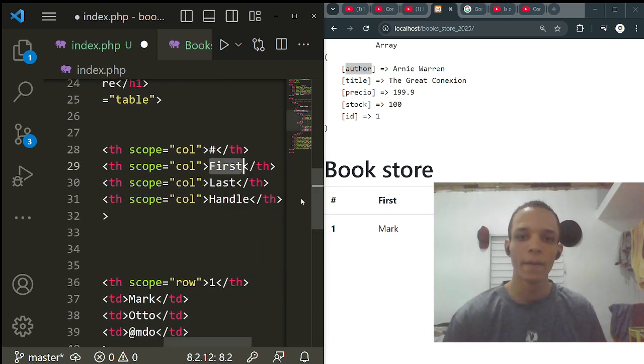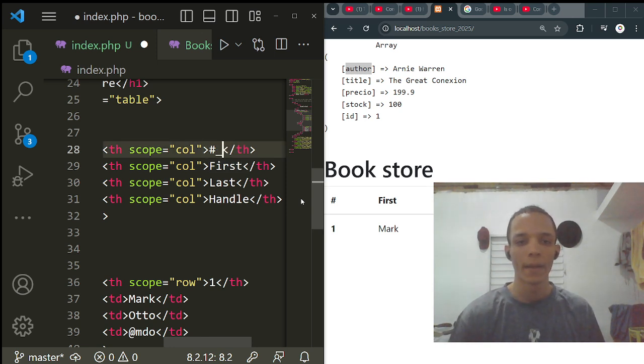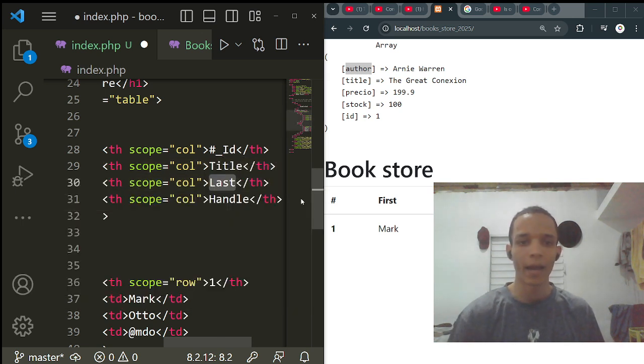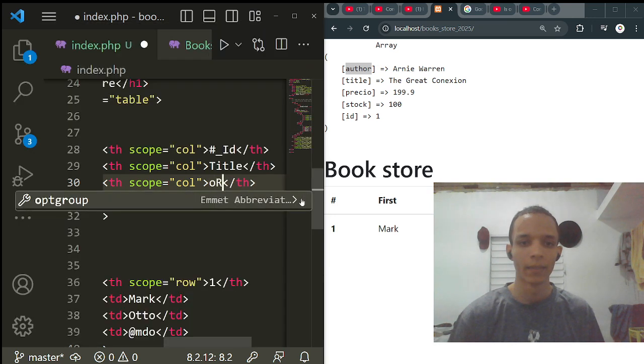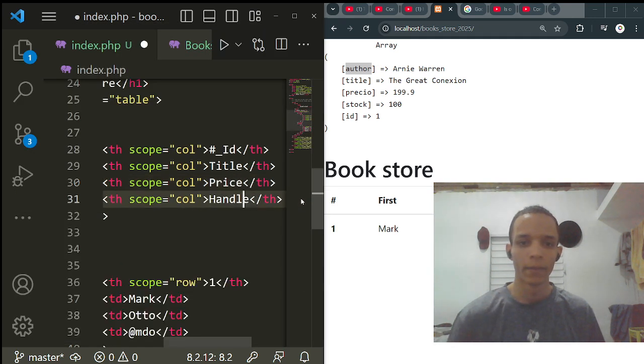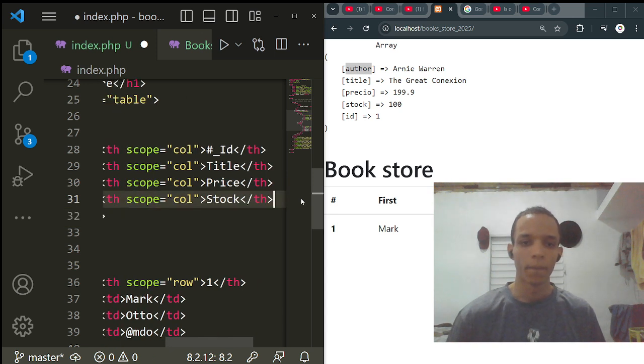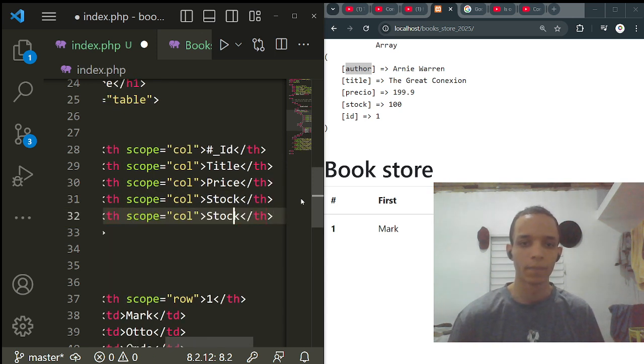That is going to be the ID, number, ID, for example, first title, price, stock, copy and paste,